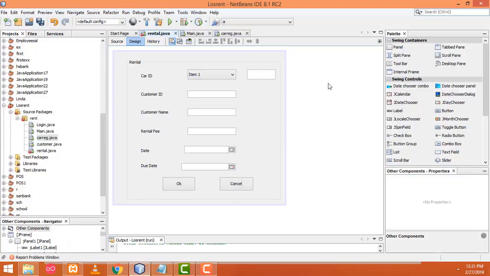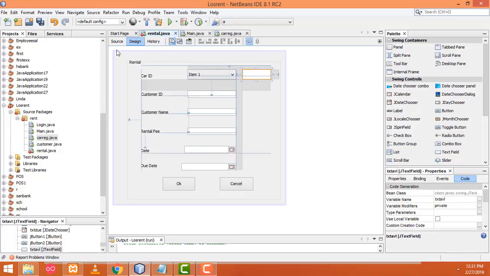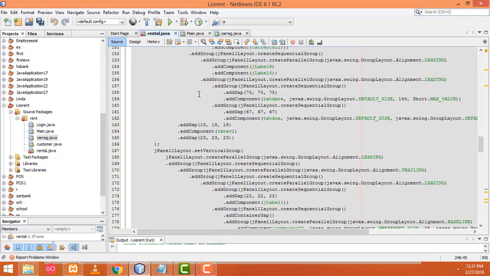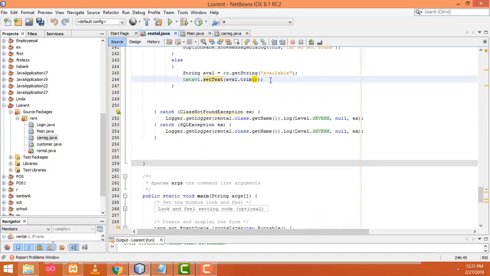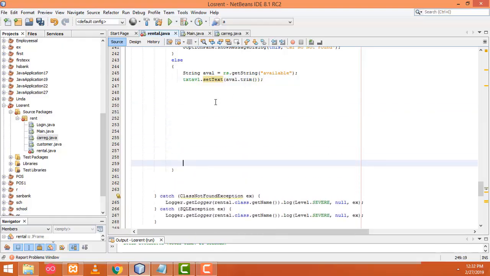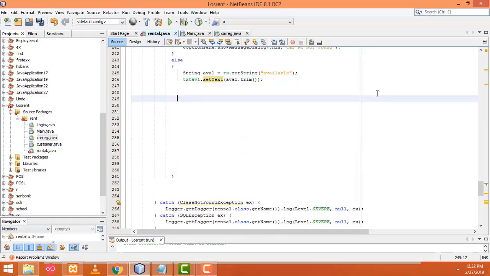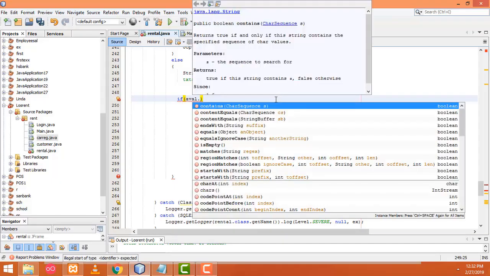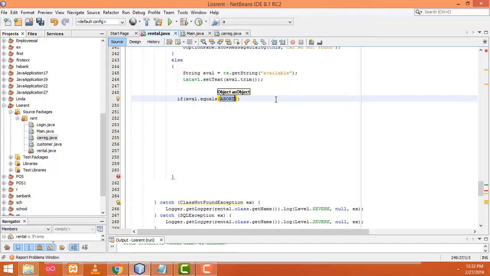Now after that, if the car is available, what I'm going to do is another stuff. Here I have to do some validation part. If avl, this one you have to call, if the car is available yes, dot equals, if it is yes equal yes, if it is yes then what I'm going to do is here